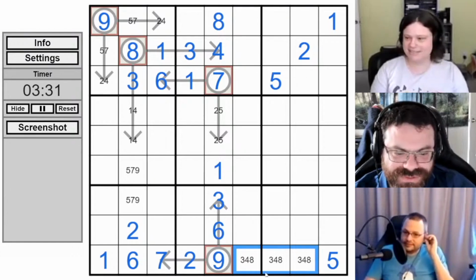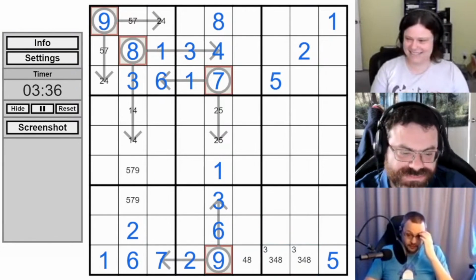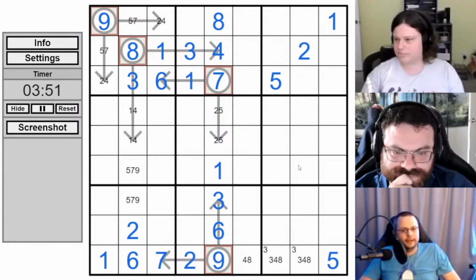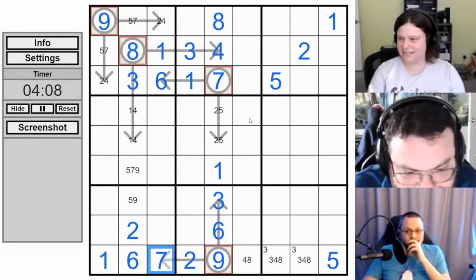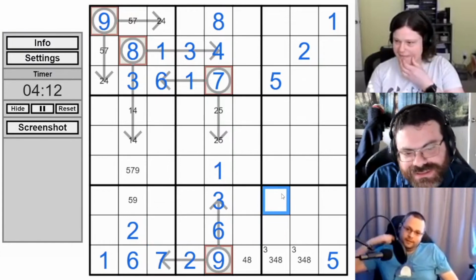This is a 3, 4, 8 triple. That's not a 3, so 3's down here. There's a 7 in box 7 already, so that also puts a little force on where the 7 goes in column 2. Yeah, we're kind of at the point where we're a bit limited in what we can even index.